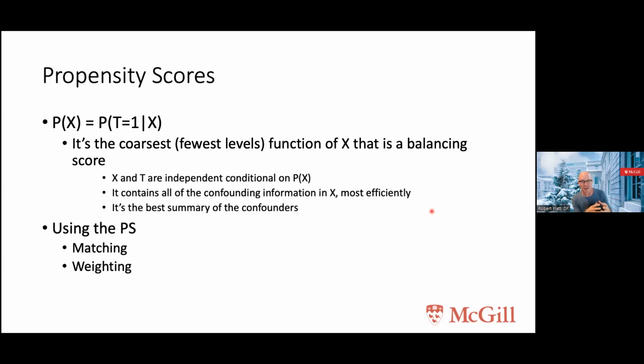And that's a really nice feature because it allows us to use the data efficiently, and we can use it by matching. For example, let's say I got a high dose statin. I'm going to be matched to someone who got a low dose statin who has the same propensity score. Or I could do inverse probability weighting and reweight people using the propensity score so that we create two groups that, after weighting, look similar to each other. I'm not going to spend too much time on actually using the propensity score, because I want to focus on the propensity score itself as a tool for the last 20 minutes or so.